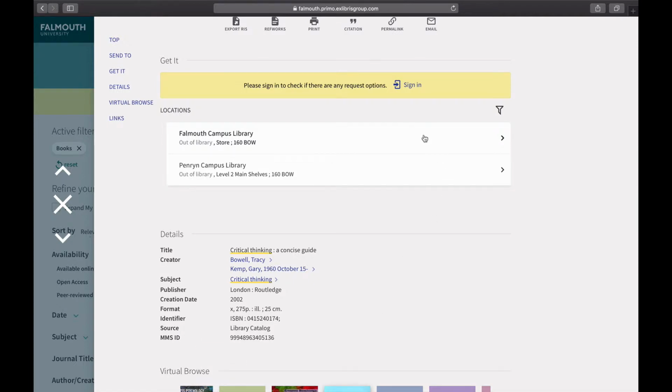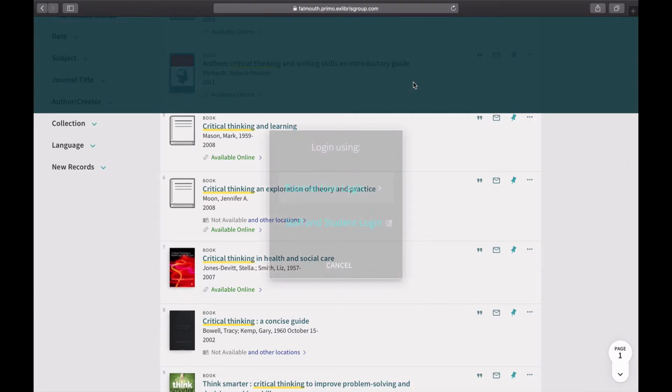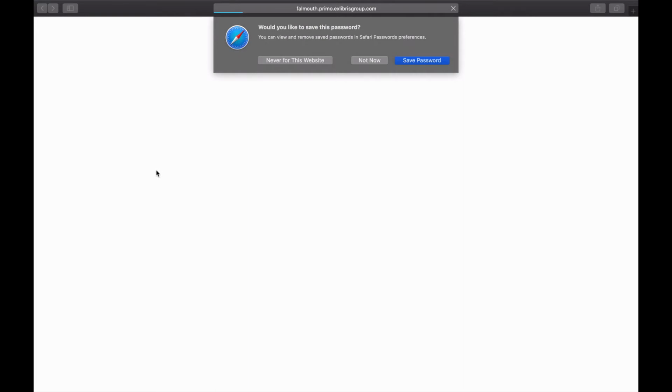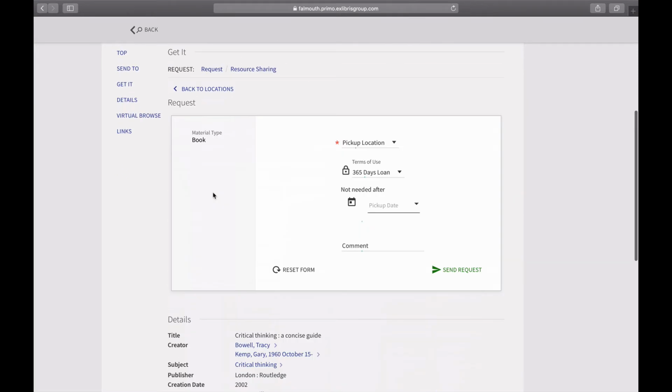So in order to do that, I need to sign in. So click on sign in just above and then enter your staff or student login. So at this point you can see request has come up just above, so you click on request